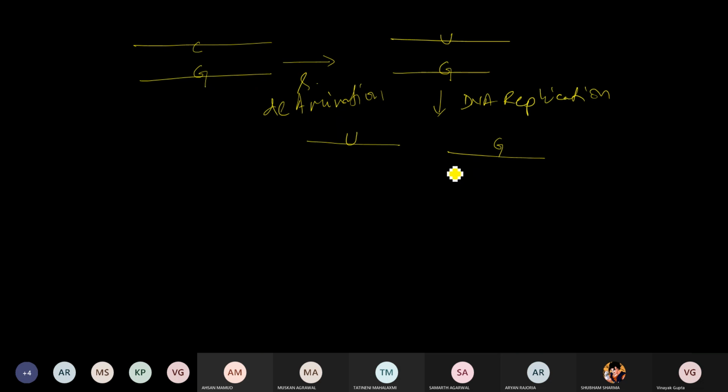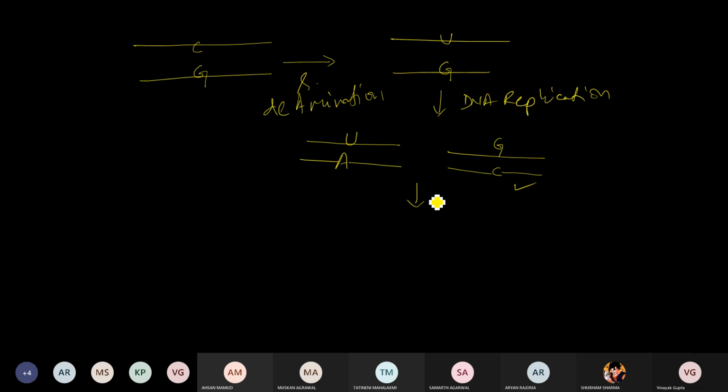During DNA replication, here I am going to have normal C. What should I have here, opposite to U? Sir, uracil is in RNA, but in DNA it is T. Okay. So what should I have here, opposite to U? It will get converted into thymine. So A should be over there. So here it is the normal copy, nothing to do with this.